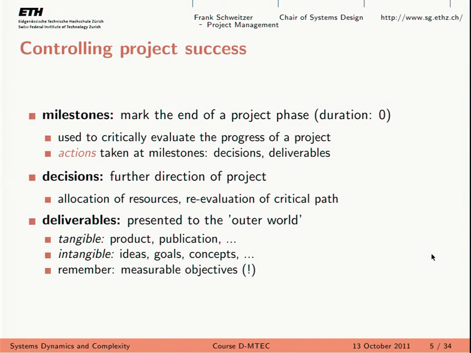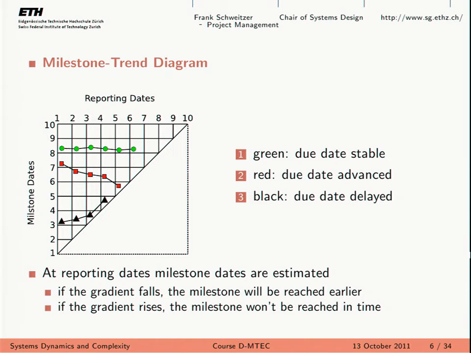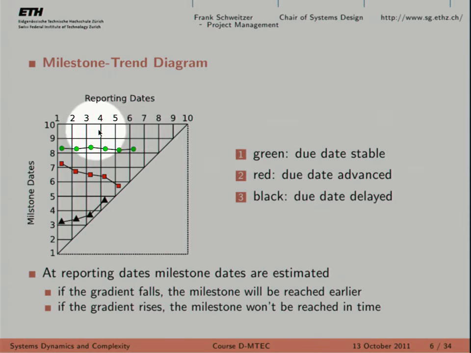The first way is a very visually appealing and intuitive way. It's this milestone trend diagram. So, has somebody ever worked with the milestone trend diagram? Have you ever seen this? No one, good. All right, the idea is pretty simple. Let's try to explain it with this diagram. So on the x-axis, this here is the beginning of a project. This is time 0 or time 1, however you want to index that. This is the beginning of the project.